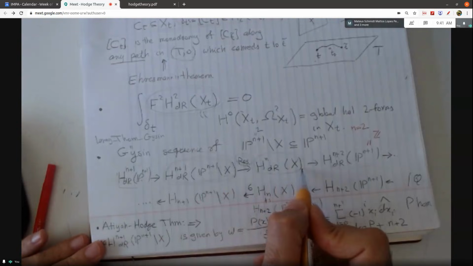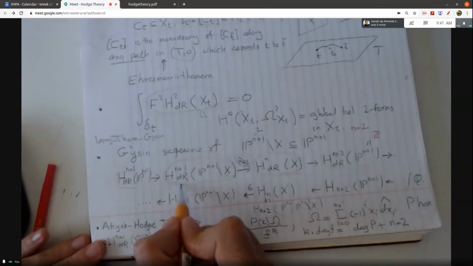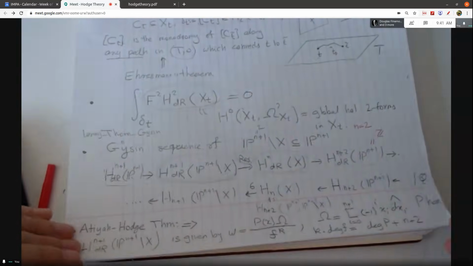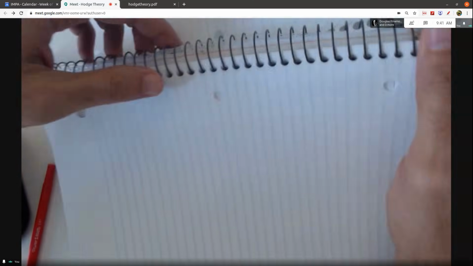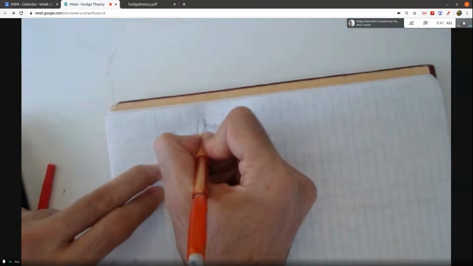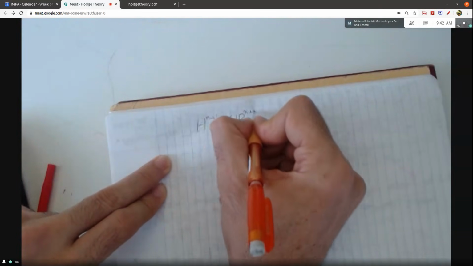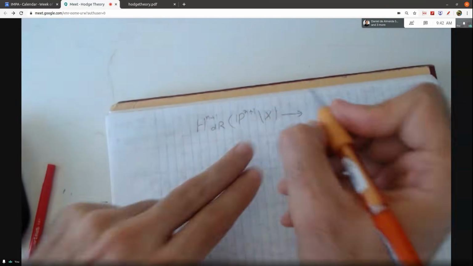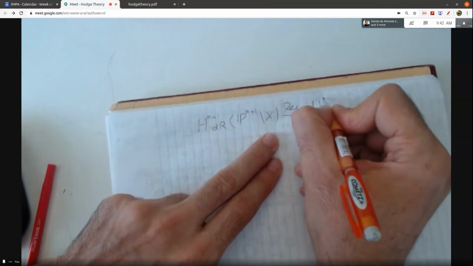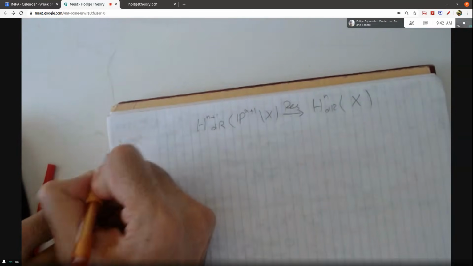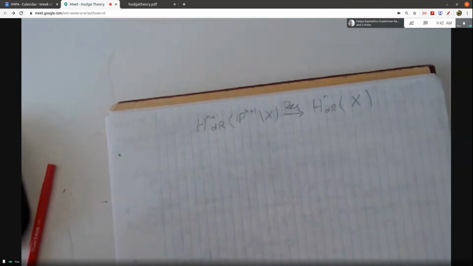Okay, so remember that here we have the Hodge filtration. So I will introduce the Hodge filtration here. Maybe I write here H^{n+1} de Rham of P^{n+1} minus X. There was this residue map to H^n of X. Okay. So again, from the Griffiths theorem, which from the next lecture we will focus on,